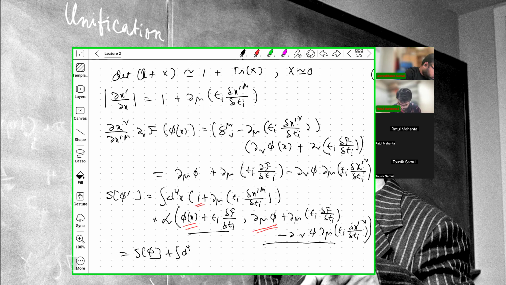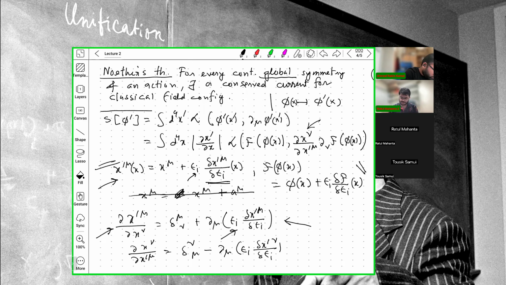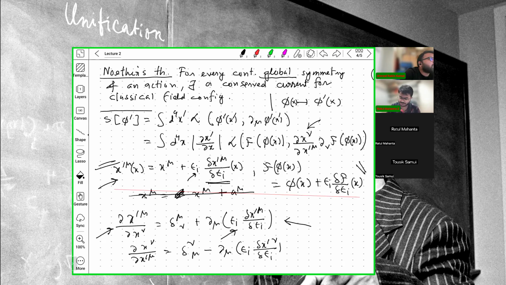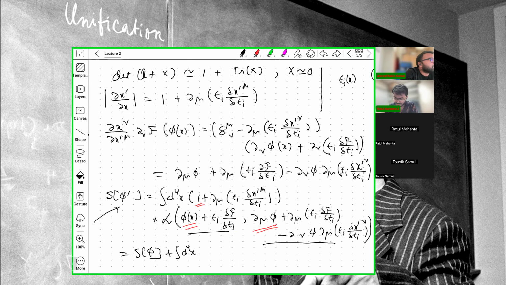and then you can collect terms which are now, you expand every quantity. For example, wherever there is a derivative on epsilon I, you consider it as a function of x, because we are not demanding that it is a symmetry, and we are just trying some set of transformations, although infinitesimal. Here we are trying these transformations, and we don't know whether they are symmetry or not. Allow them to be x dependent, and